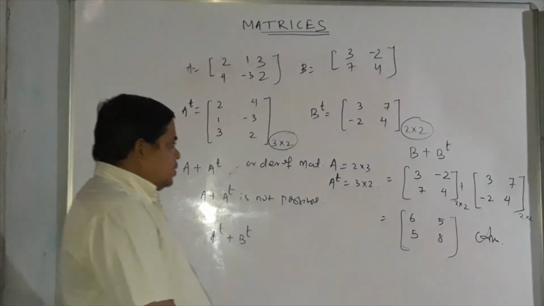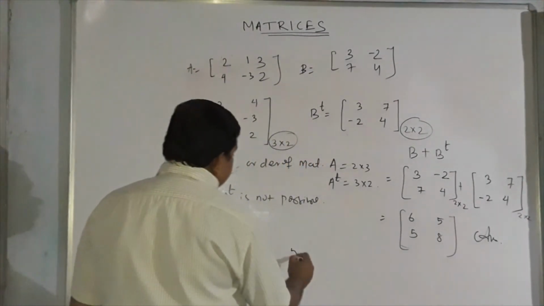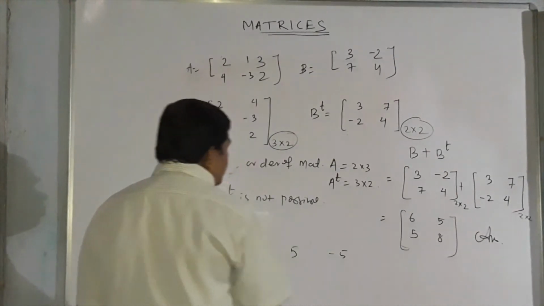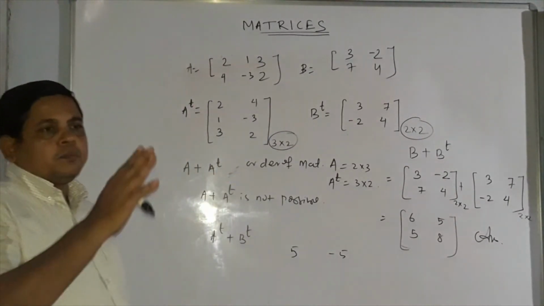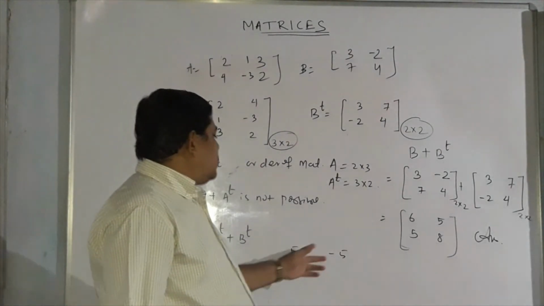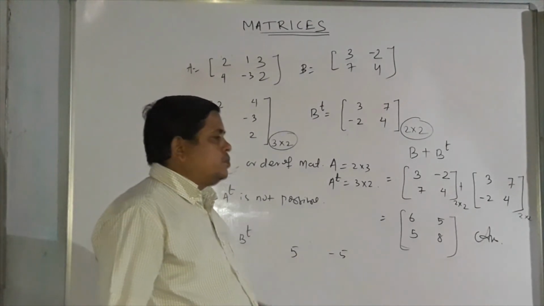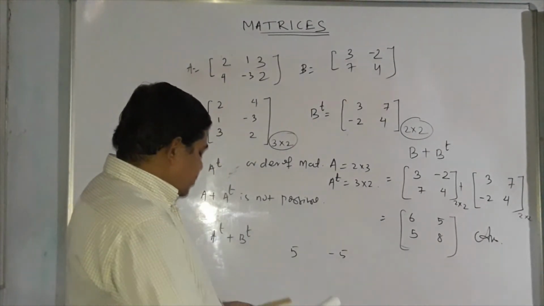Then another part is the additive inverse. You know the additive identity is one. So the additive inverse of 5 is minus 5. That means the sum of the two will be 0. If one number and another number sum to 0, then we can say they are the additive inverse of each other.